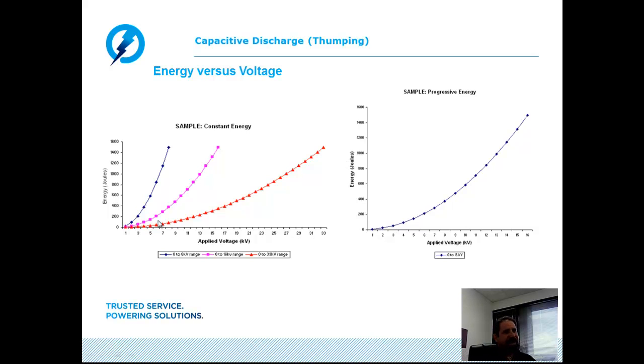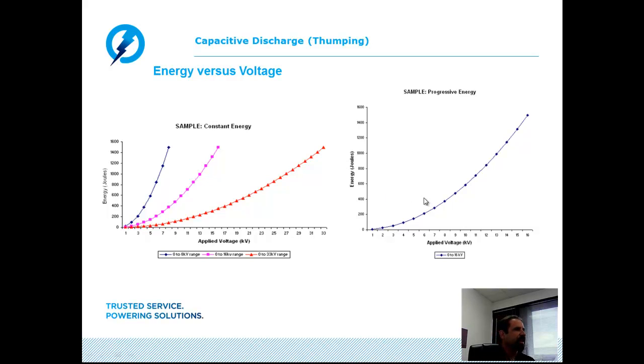What this has shown me is that if I had pre-tested this cable and discovered that it breaks down at a voltage level of less than 3,000 volts, I would be doing better by using the 0 to 8 kV thumping range, get higher energy at a much lower applied voltage. Okay, and that is the benefit of a constant energy style thumper. It allows me to maximize my output energy and to obtain the highest level of energy at the lowest possible